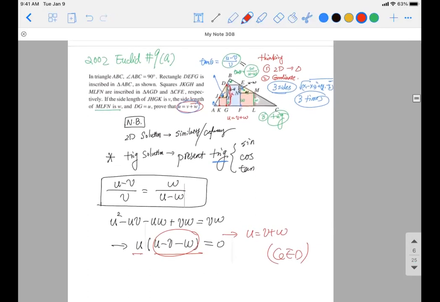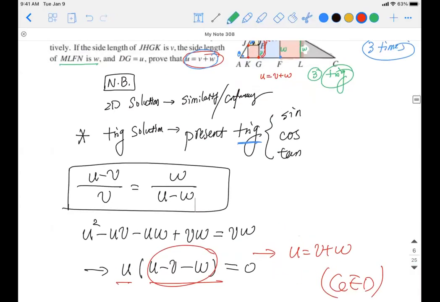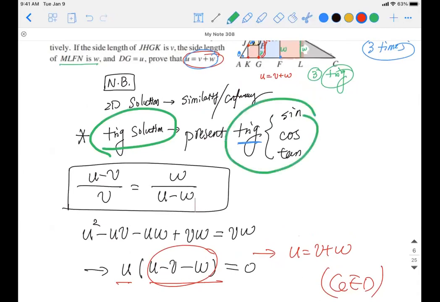See? With trigonometry, you just have to do what? Let's do a quick recap. You have to find some triangles, present the trigonometry values, and then try to make them either the same or complementary to each other, and so on and so forth. It really depends on different situations. But generally speaking, present all those trigonometry values and, taking from there, solve the problem. That's exactly where we come from. So far, so good? If all good, let's go to another problem.